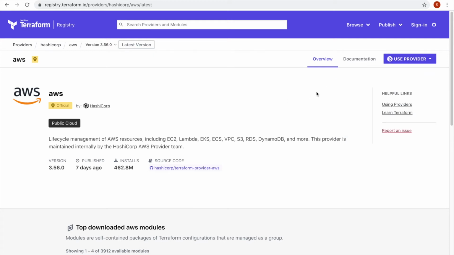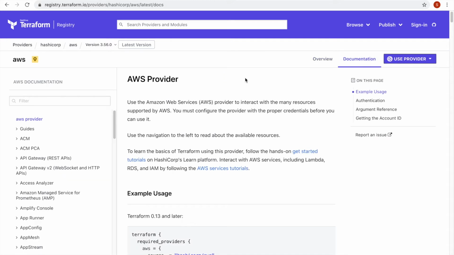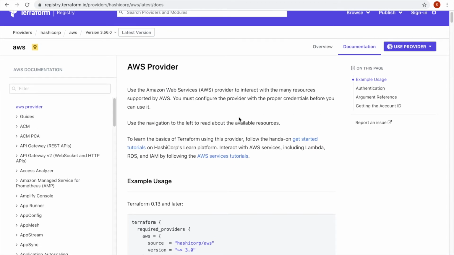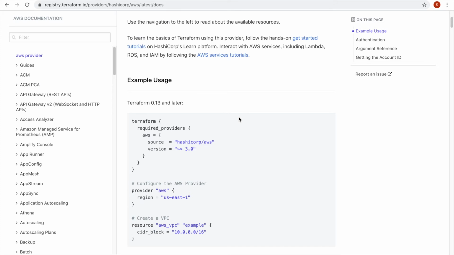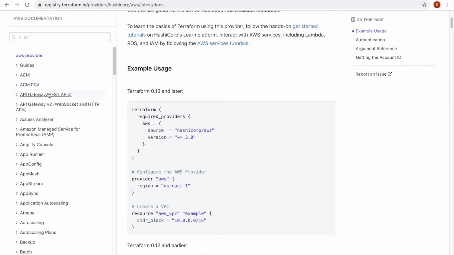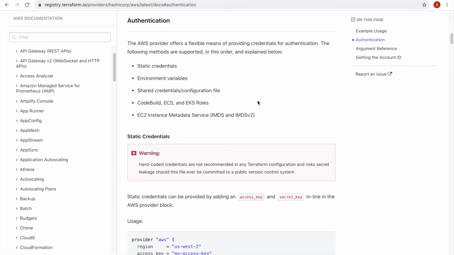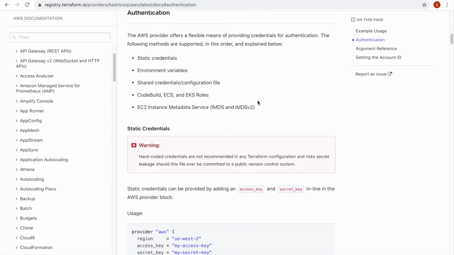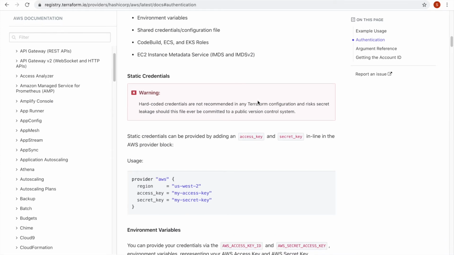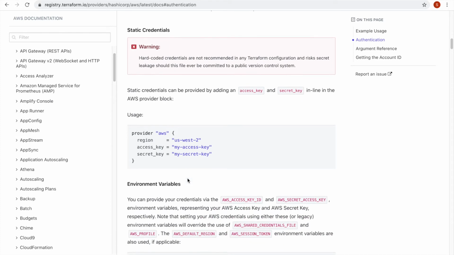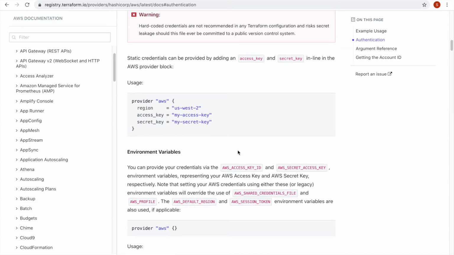And if you want to go to the documentation, you have to go here, and it contains all the information related to that particular provider: how you can authenticate with the provider, and all the resources that are available for that provider. For example, if you want to authenticate with AWS, these are the steps you need to set up. These are the methods: you can provide region, access key and secret key, or you can use environment variables, etc. All that information is there. You can just go through by clicking these links.